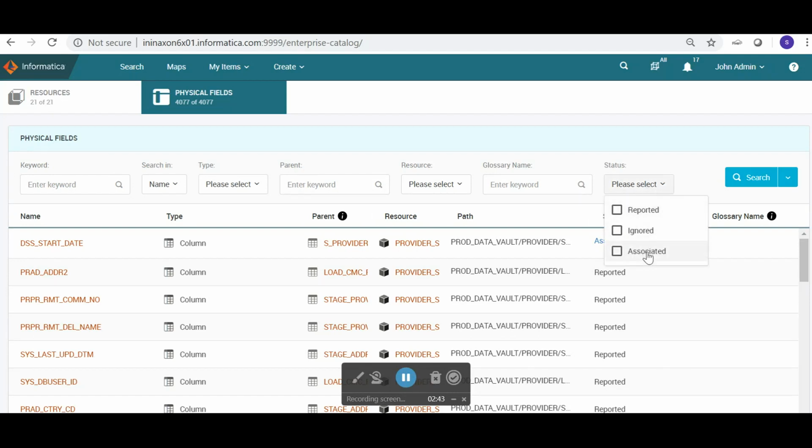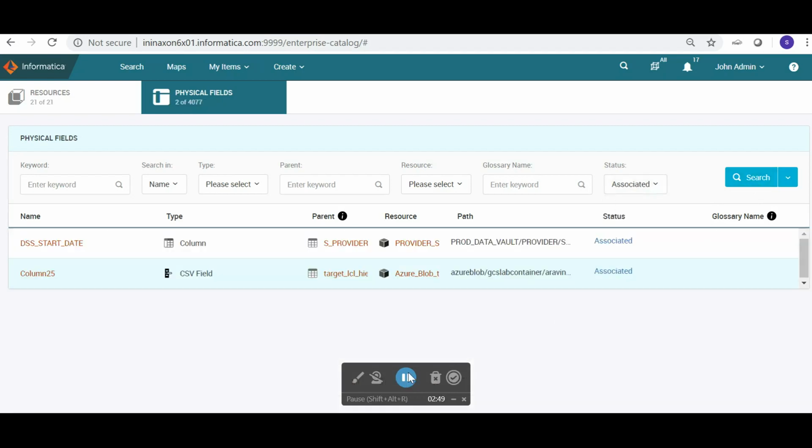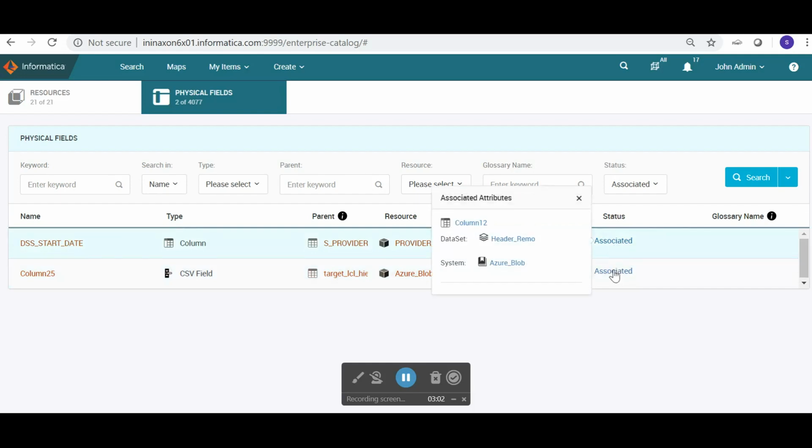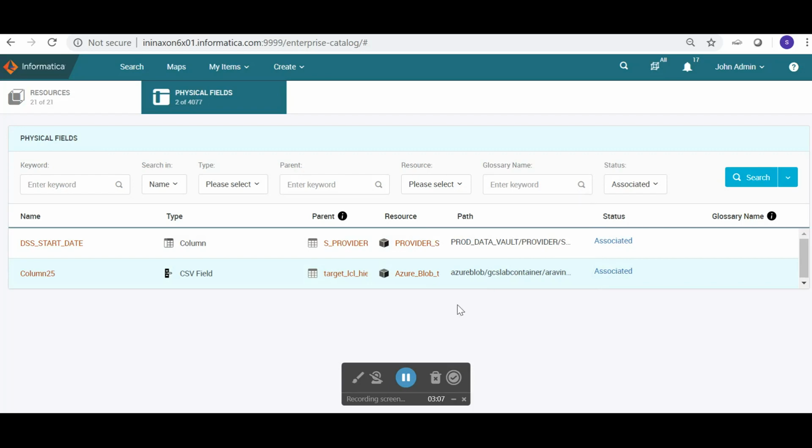We will select the value associated and search all the linked fields. We have two fields here in Axon that are linked to Axon attributes. The attributes linked to each of the fields can be displayed by clicking on the associated value. This will list the attributes that are linked to the field.